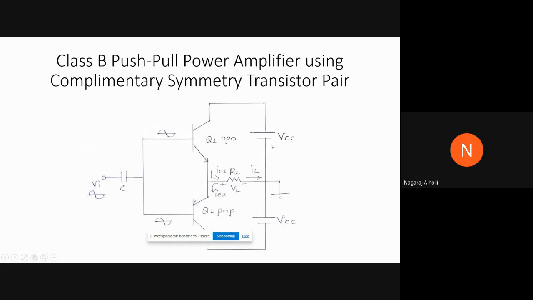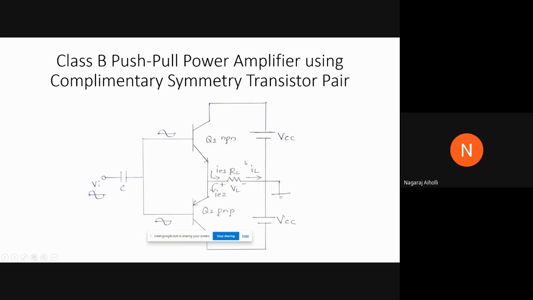And these power supplies are DC power supplies, but still some AC content is present in them, it is not filtered, and it can cause certain distortion in the circuit. And as transformers are not connected in the circuit, impedance matching is not possible. Impedance matching is the matching of the output load resistance with the output resistance of the amplifier. It is not possible, hence maximum power transfer is also not possible.